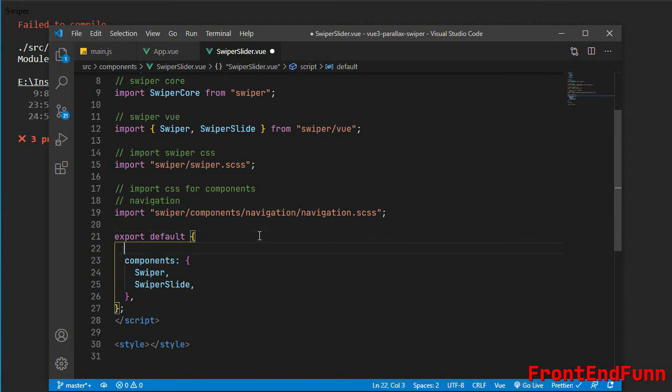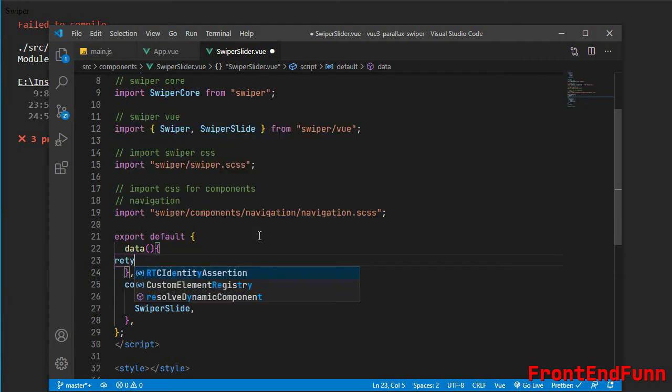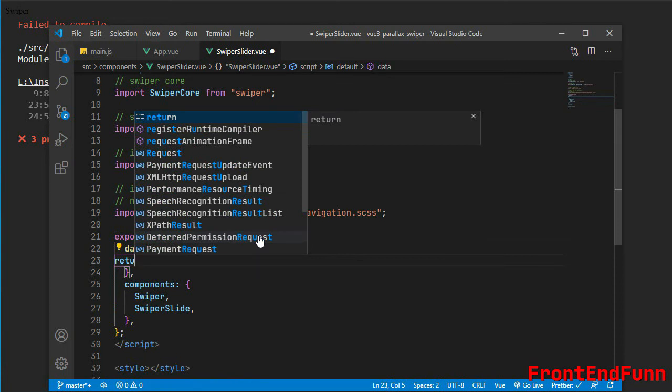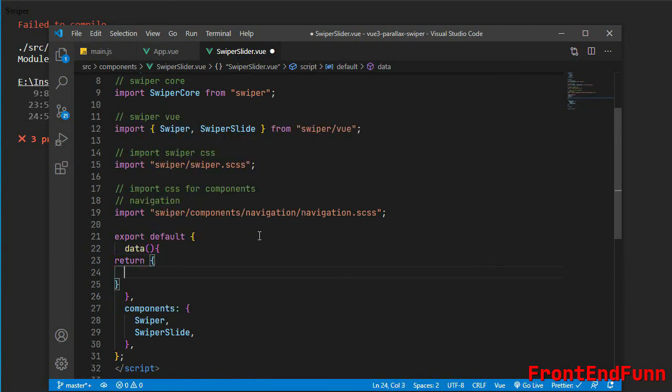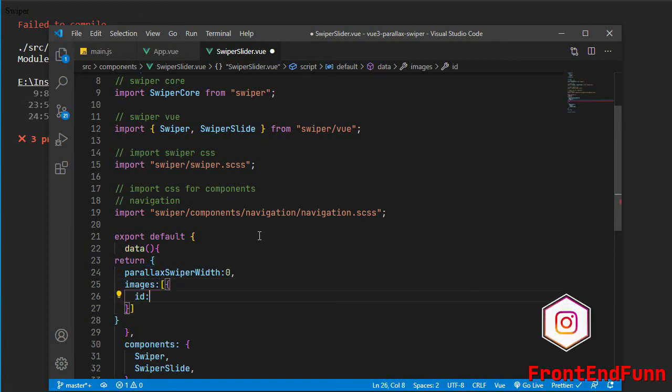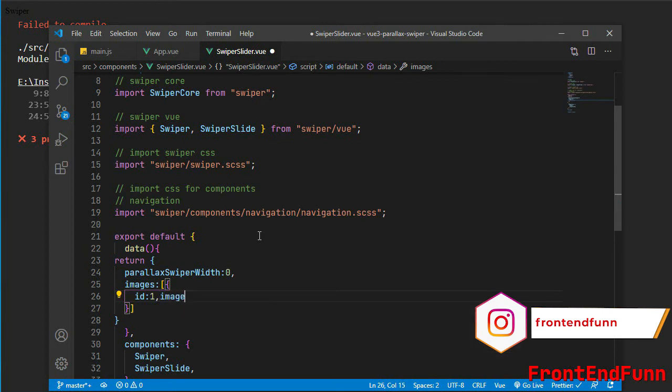Before proceeding, let's add a data function, and it should return an object which contains the parallax swiper width. Initially the width will be set to 0. Once the parallax slider is initialized, then we will set the swiper width. Images will be an array of objects where I will be specifying the ID as well as the image URL.